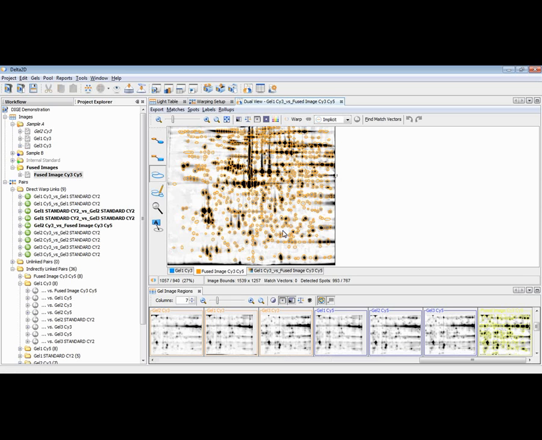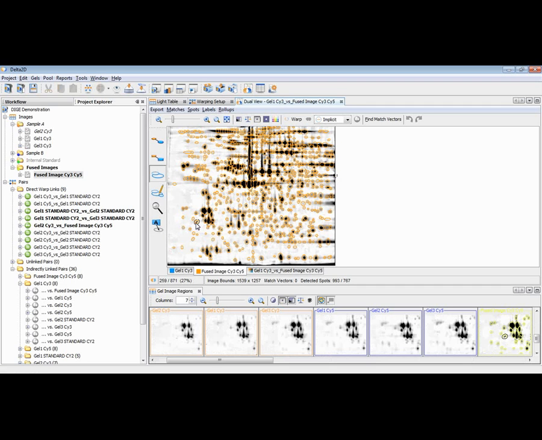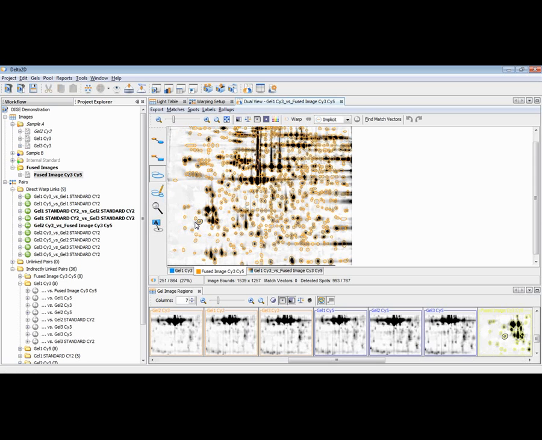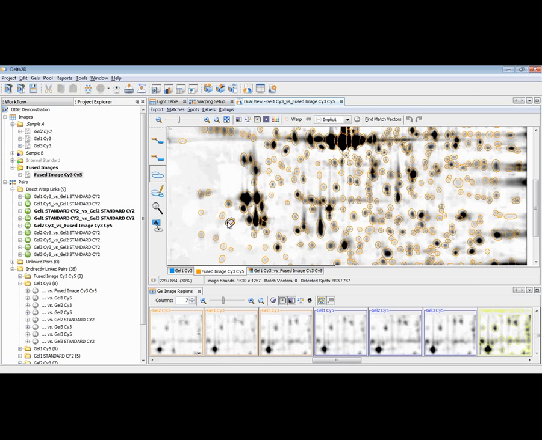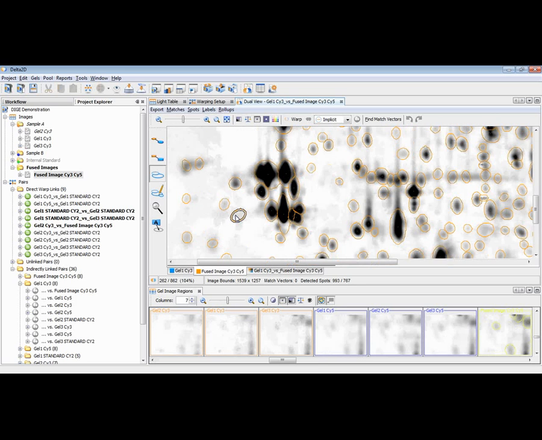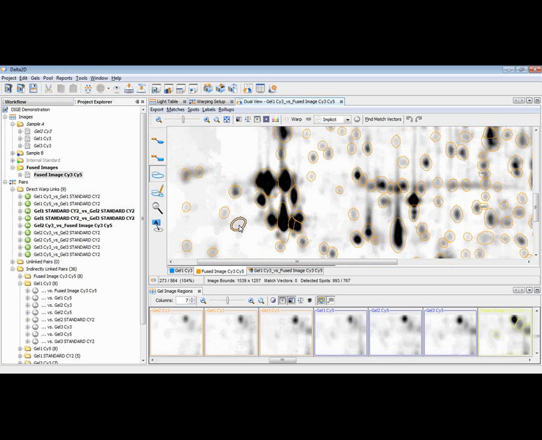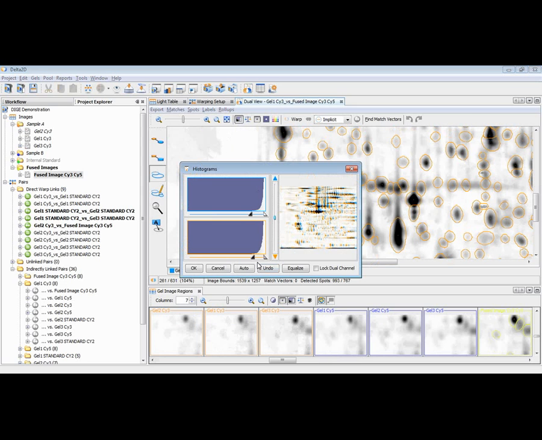However, there are also spots that are very weak. For example, in this region. Let us zoom in there and see. I just use the scroll wheel of my mouse and see there it seems to be no signal behind this spot area. But if we check for the contrast settings, we can see that